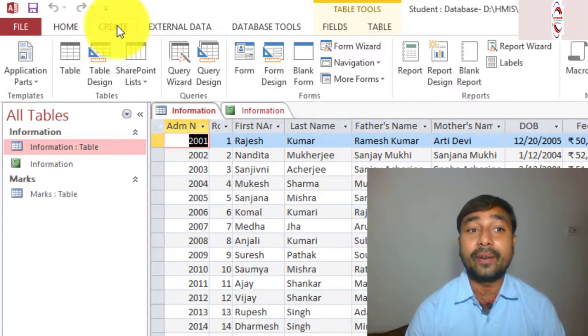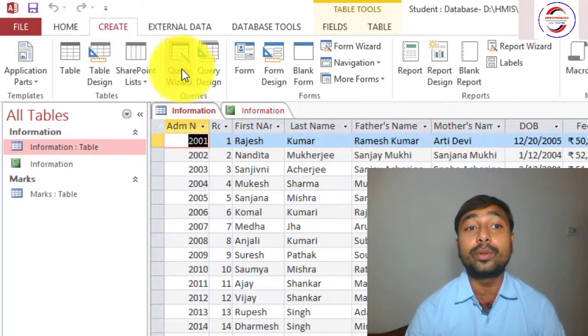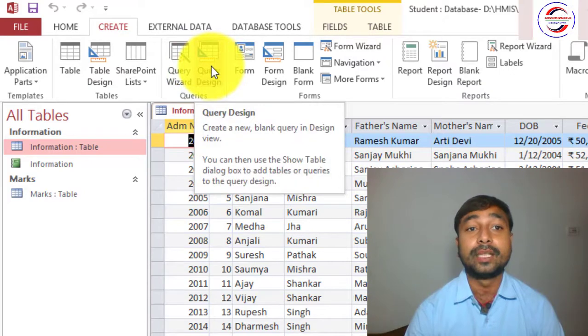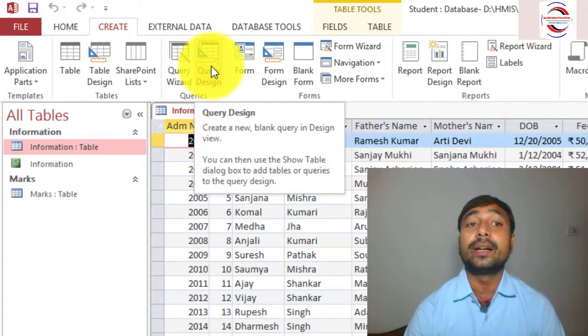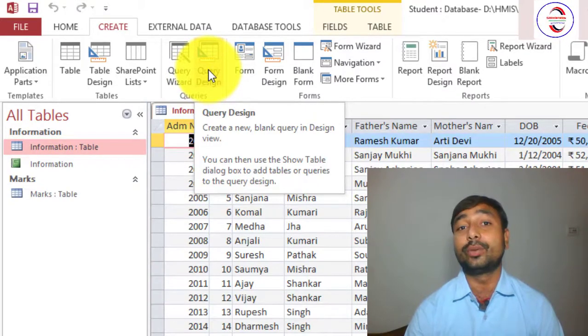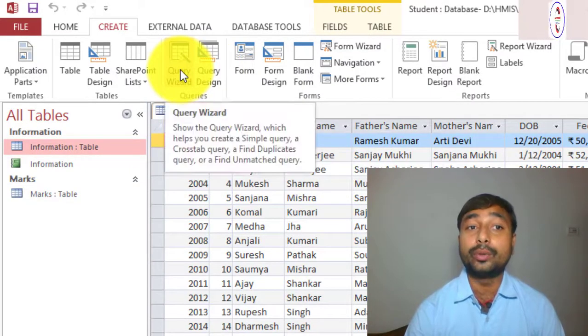After clicking on Create, there are two types: query wizard and query design. The queries I mentioned, action query, parameter query, SQL query, are under query design, which I will deal with in the next tutorial. Right now I am going to teach you the basic query, which is under query wizard.